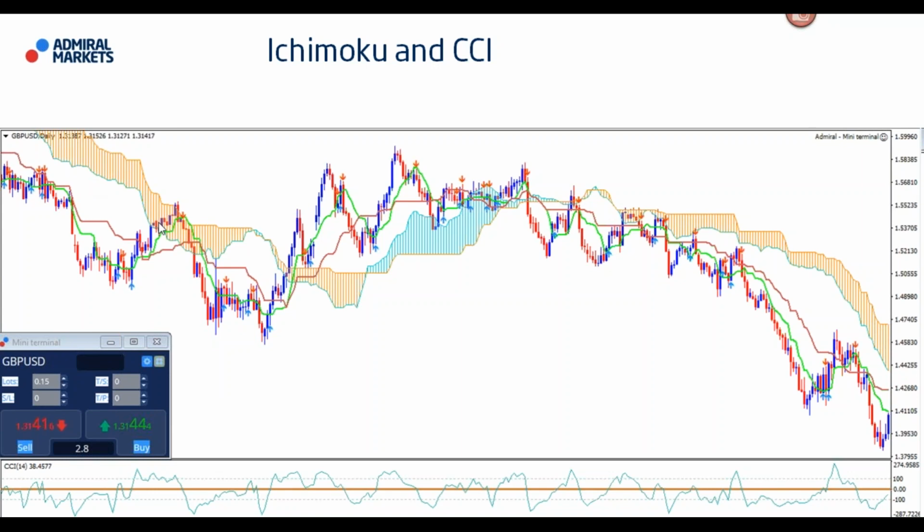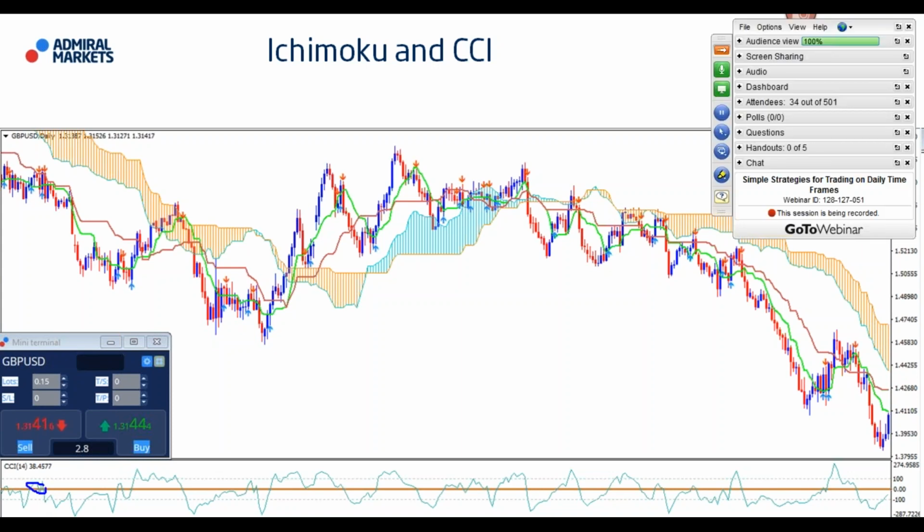What we're looking for is a trend. So that is when the Kumo cloud, as you can see here, right? All right, price is below it for a downtrend or price is above it for an uptrend. That's the simple way of looking for the trend definition. All right, and what we're looking for basically is within the trend for price to pull back, in the CCI, to above the middle line or below it. So for a downtrend, we're looking for a move above the zero line.